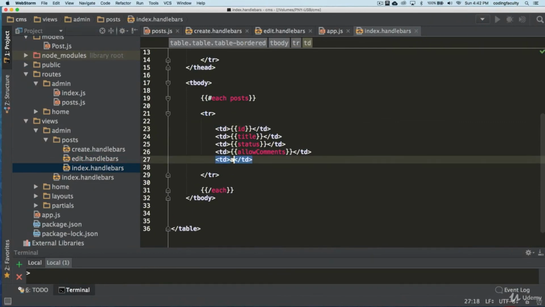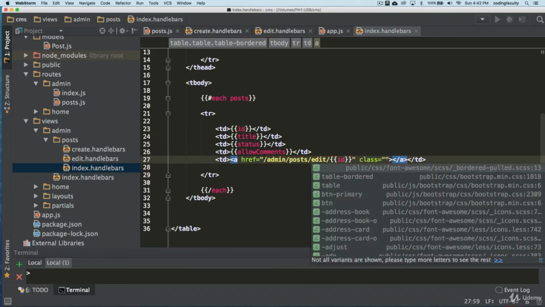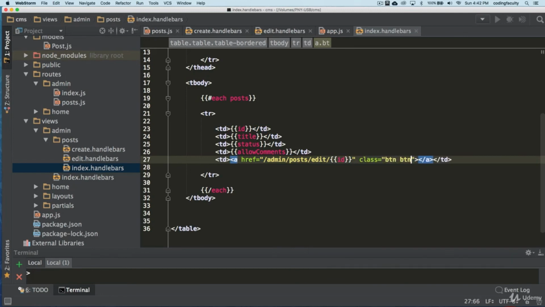I'm going to send this to admin post edit. And now this edit is going to have curly brackets, the ID right here like that. See that? Awesome. Let's make sure it has a class of btn info or something like that.